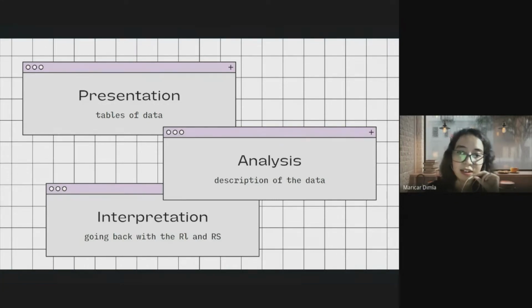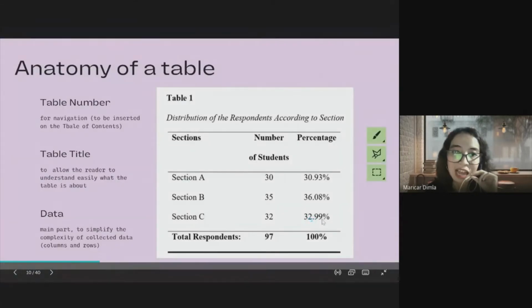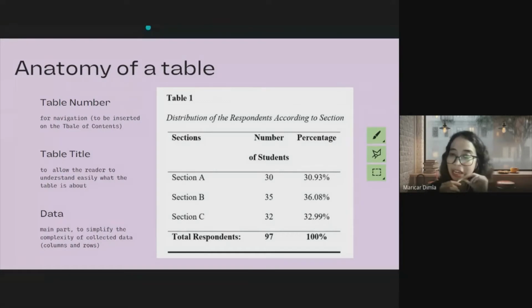Alright. So let's first have, class, the anatomy of such a table. This is always the case, class. It's a total package. If you lose even one of these, automatically, what you are doing is wrong. These three always go together, class: the table number, the table title, plus the data. Columns and rows are what we're talking about, class, when we say data.